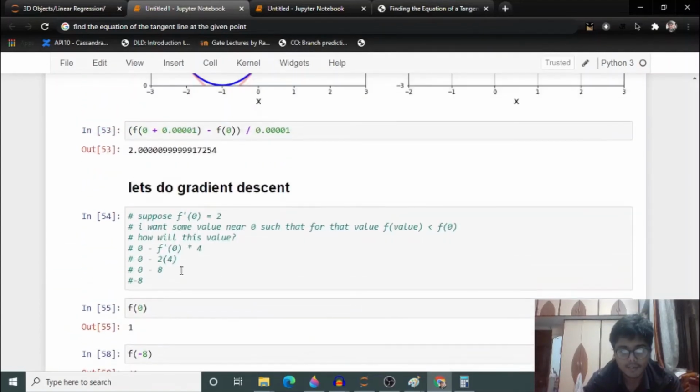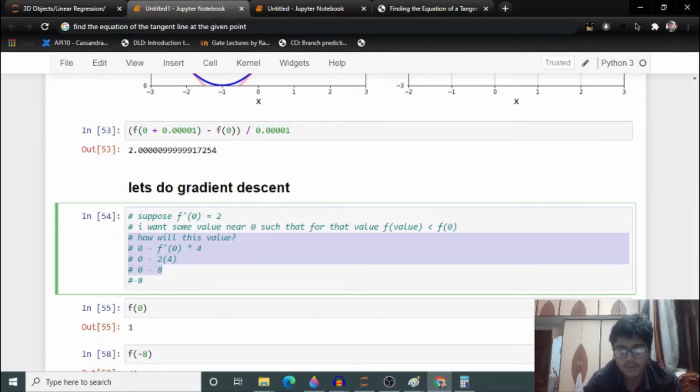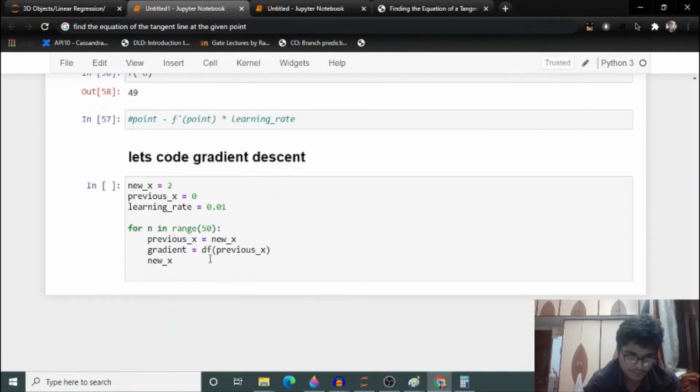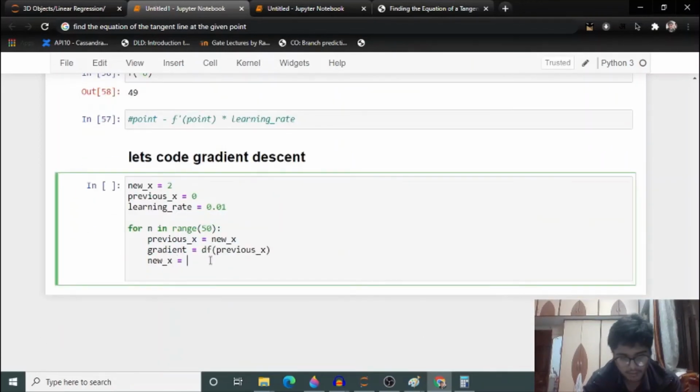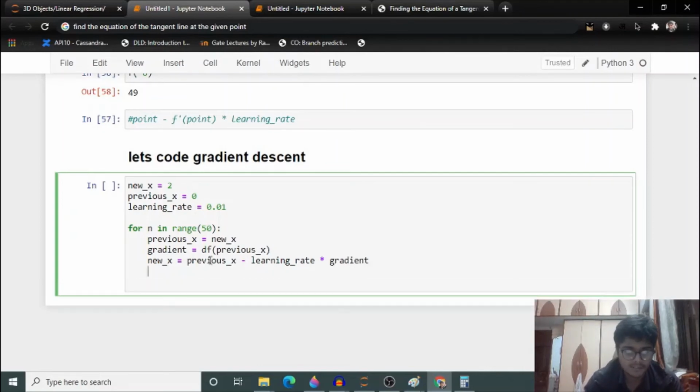Like we have done here, we will just calculate new x. It will be previous x minus this learning rate times the gradient. Let's hit tab, it will auto complete gradient.